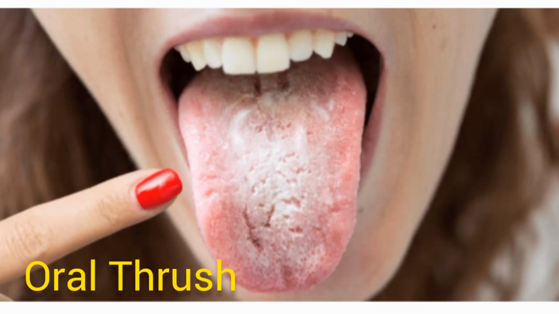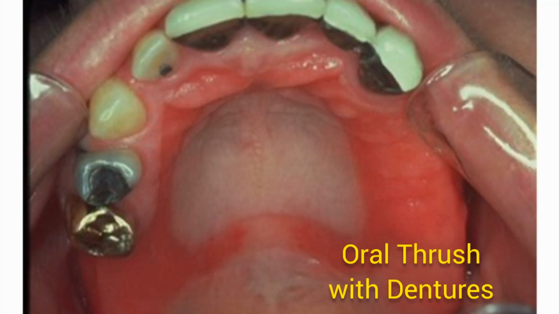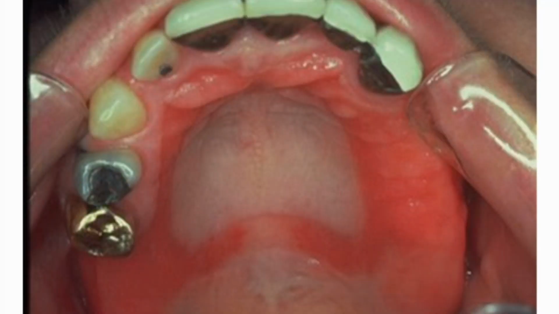The third one is oral thrush. People with diabetes who frequently take antibiotics to fight various infections are especially prone to developing a fungal infection of the mouth and tongue. The fungus thrives on the high glucose levels in the saliva of people with unmanaged diabetes. Wearing dentures, especially when they are worn constantly, can also lead to fungal infections.